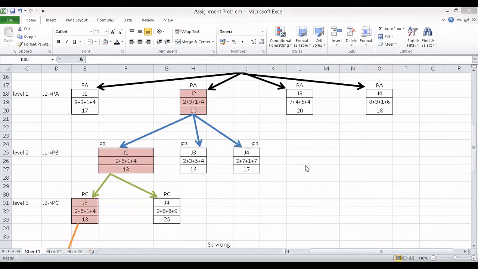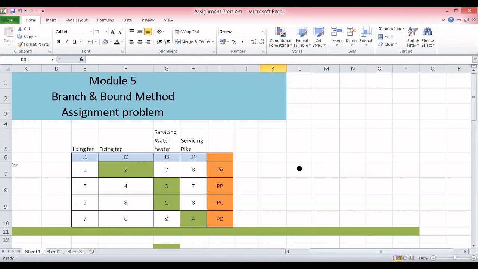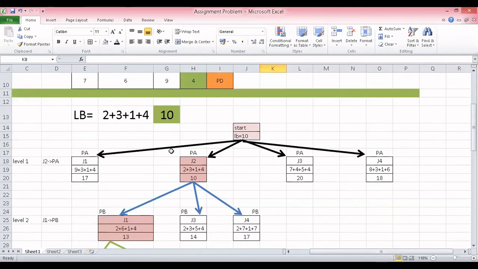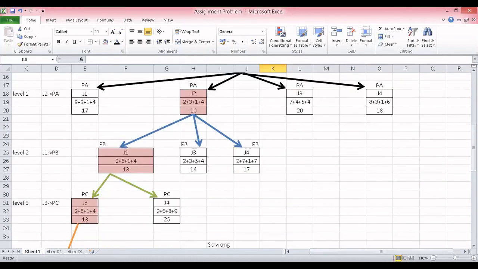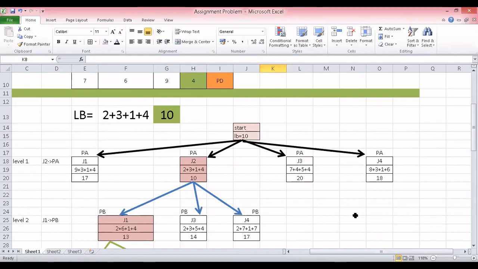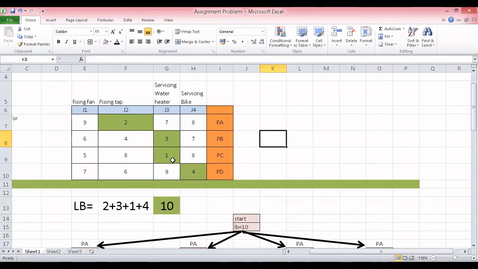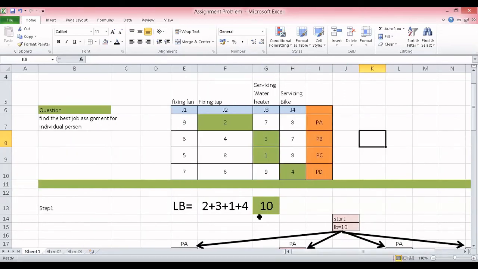Sir, the questions which are given in the question bank, if the same question which you have explained today comes in the exam, what all things do we need to write? This tree you need to write, the state space tree. And that program also, do we need to write that code? We need to write the code or just the algorithm? Algorithm. A simple algorithm you need to write. Code is not required, Java code like that.